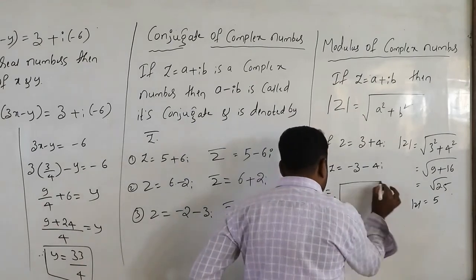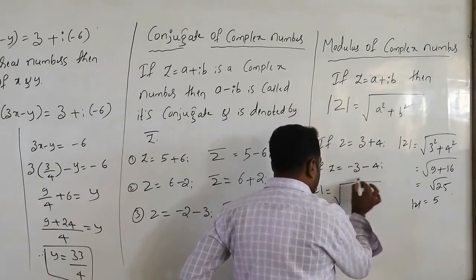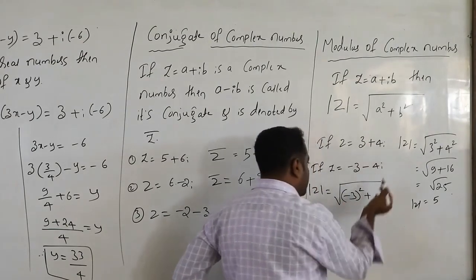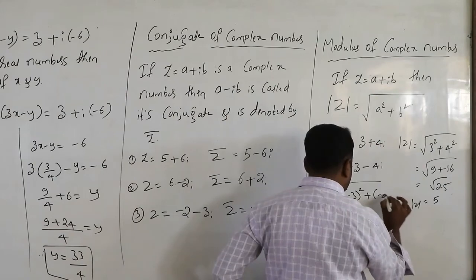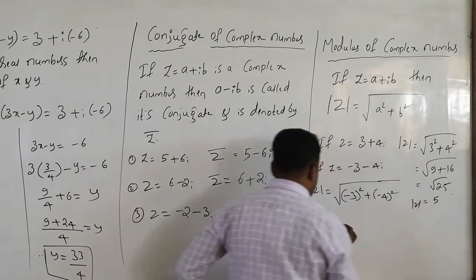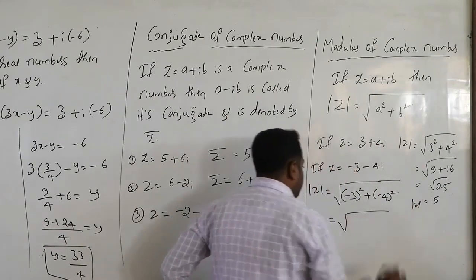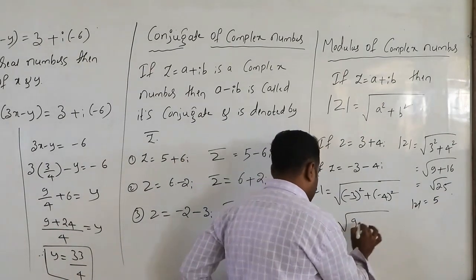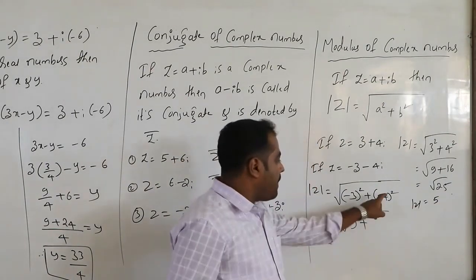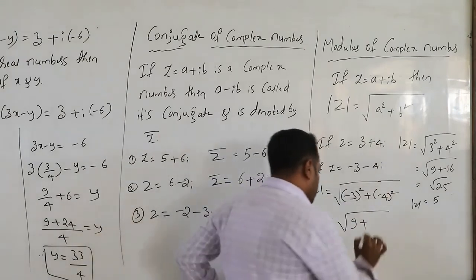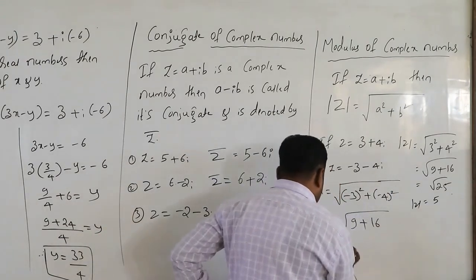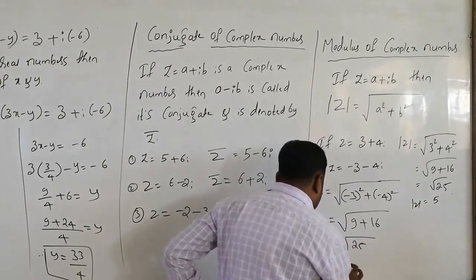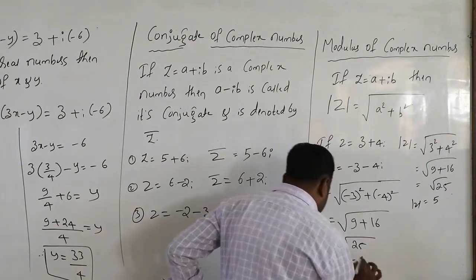Modulus of z is equal to again a square plus b square, b is nothing but minus 4 whole square. Minus 3 square nothing but plus 9, plus minus 4 square plus 16, 16 plus 9 25, again under root of 25 is 5, that is the modulus